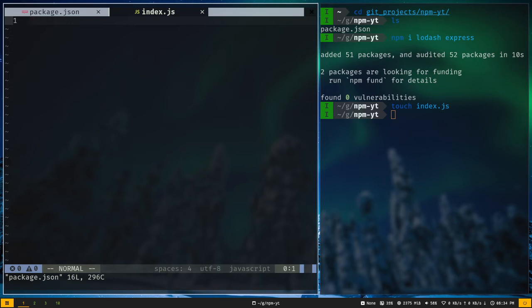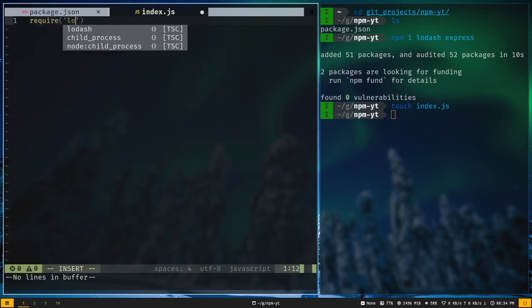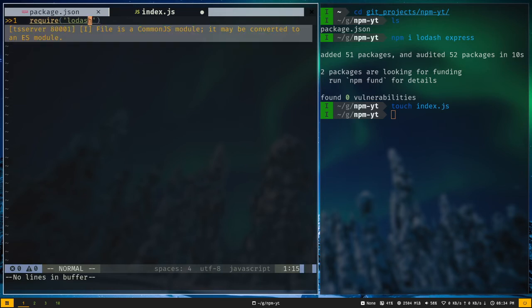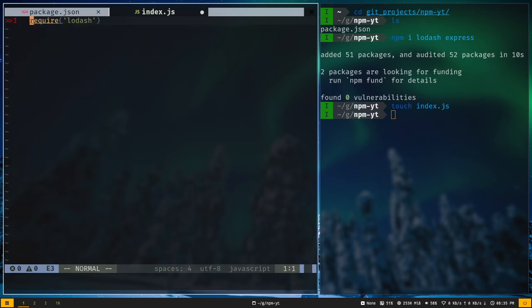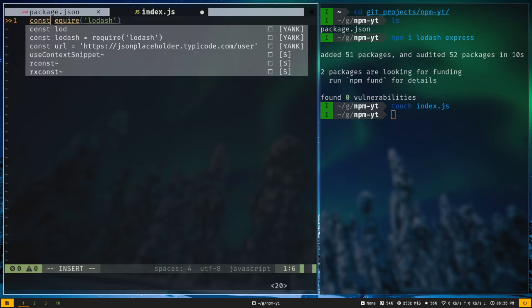Now there are 2 ways to import a package. First one is the require function. Another one is the ES6 module system. I will show you both, but first I will show you the require function. So just call the require function. And here we need to pass the package name, which is Lodash. And it will return you that package. Usually it is an object, and we need to store that. So const lodash,